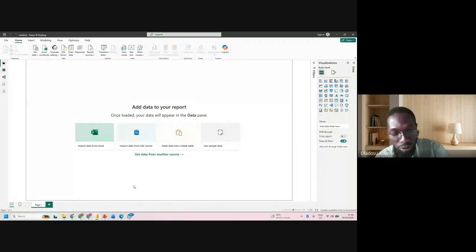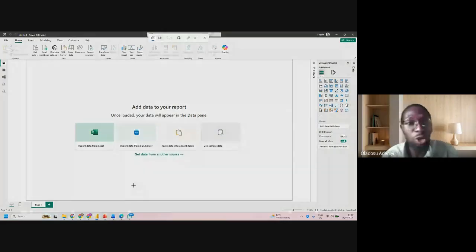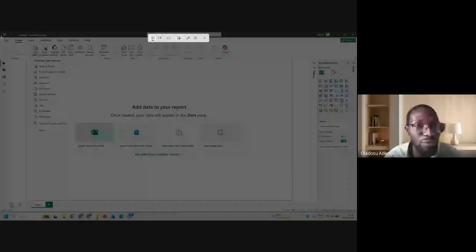Then you have to take a screenshot. There's a way you can screenshot by clicking on Windows Shift and S. Guys, Windows Shift and S. So with Windows Shift and S, I will screenshot everything here. So I've taken the screenshot.